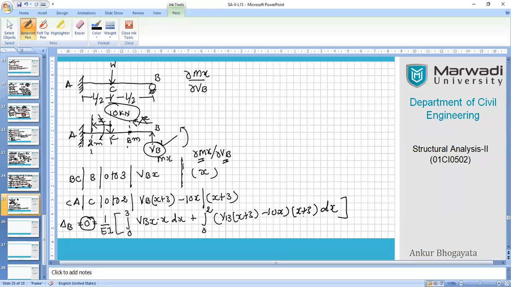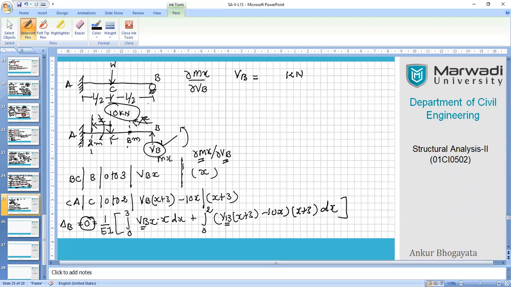And now you can see that we have only one unknown, that is VB. And once you carry on with the unknown as VB, and when you carry on with the integration of all this, you will be getting your answer in terms of VB, right? So I'm again waiting for your answer in terms of VB. Just tell me the answer here. We should not be bothered about EI because it's going to the opposite side, which is 0. So it will become 0. So you'll be directly getting your answer in kilonewton.